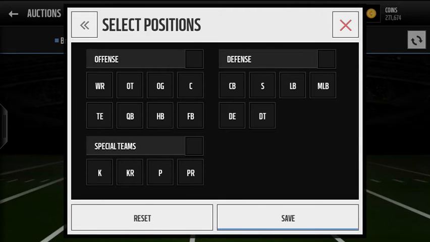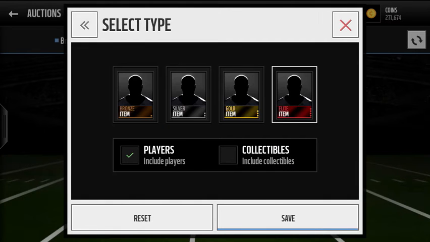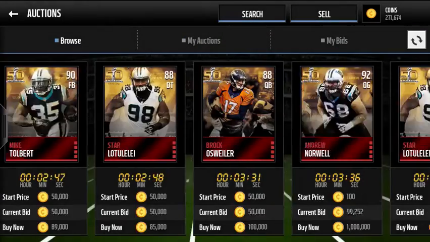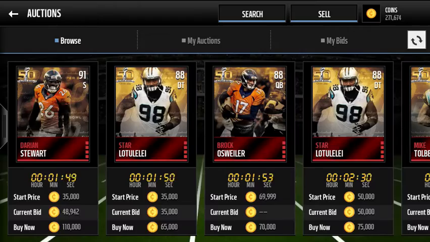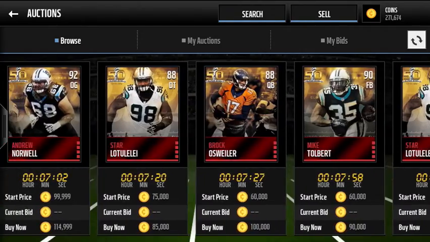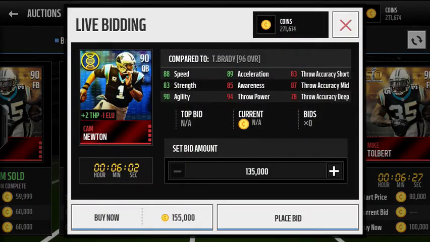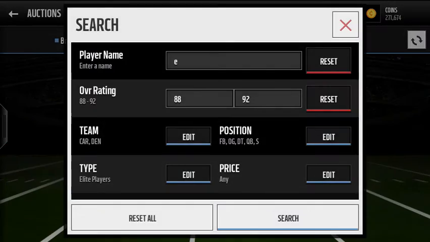And position, you want to do safety, defensive tackle, offensive guard, quarterback and fullback, elite players, and the Panthers and the Broncos, and then all these Super Bowl players pop up. And these Super Bowl players are going for a lot because of the Super Bowl sets and stuff like that, which you can get. And there's this 90 Cam Newton here, which also pops up in the filter sometimes, but